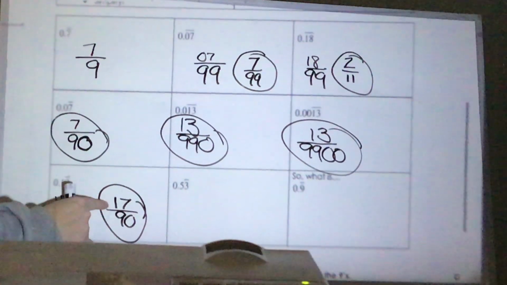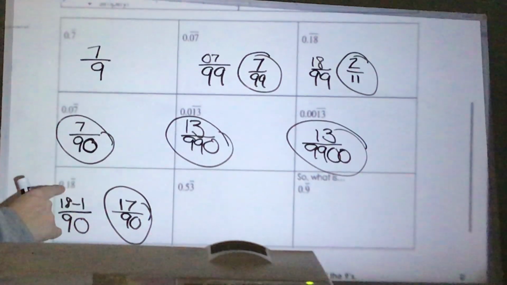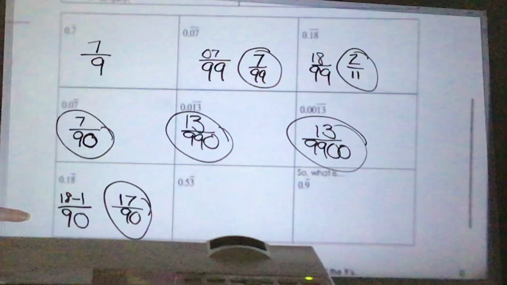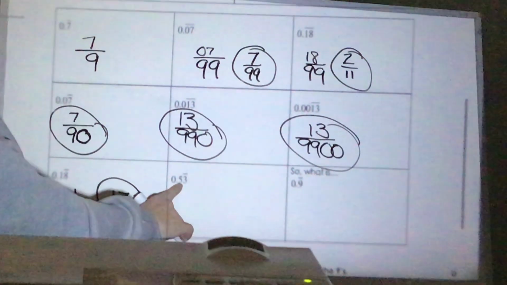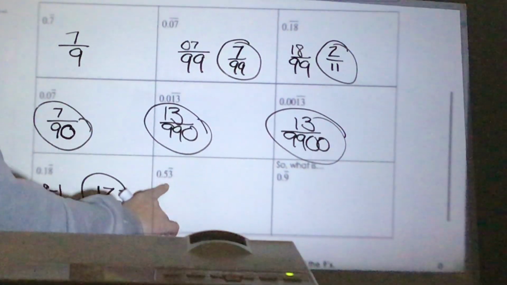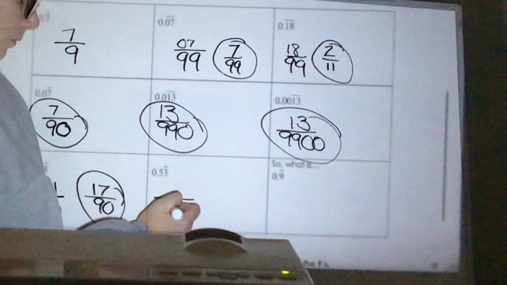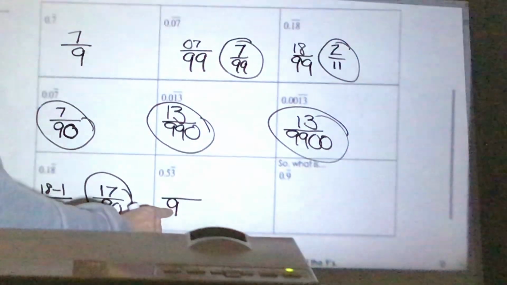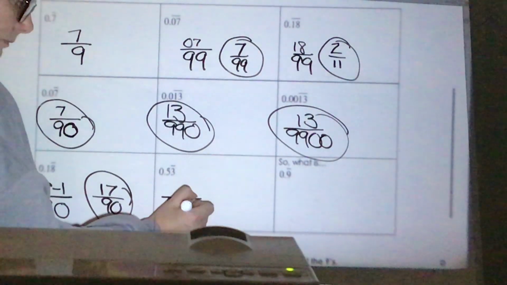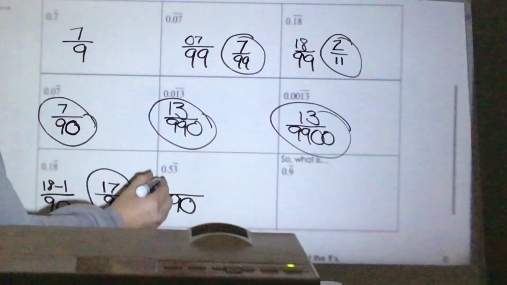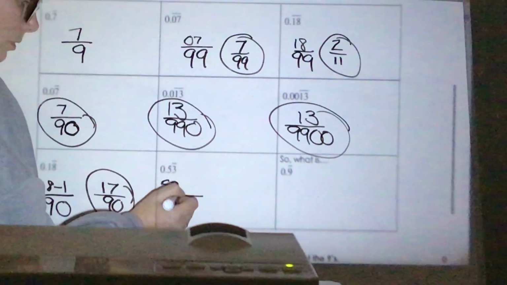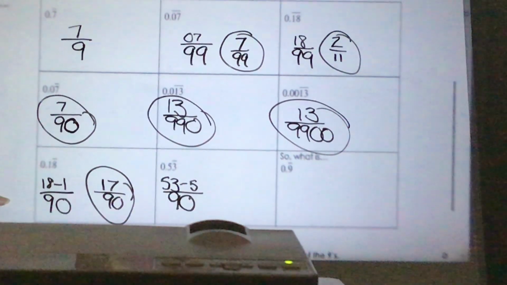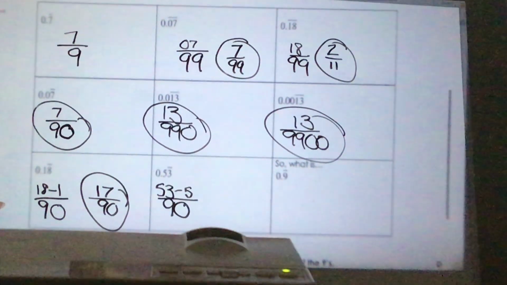If you did 17 divided by 90 on a calculator, you would get 0.1888888 forever. So for this next one, we have a non-zero number that doesn't repeat. We're going to get our denominator the same way we have been for all the other examples. We have one repeater and one non-repeater. Our numerator is going to be 53, which is the whole number, minus the part that doesn't repeat. 53 minus 5 is